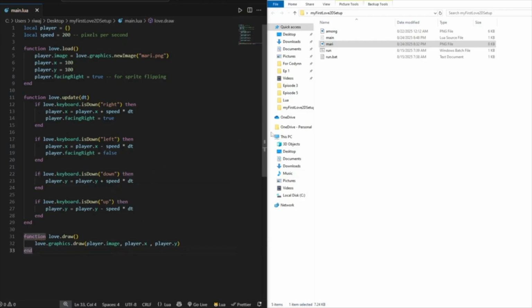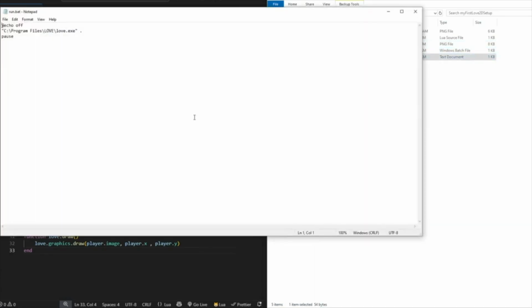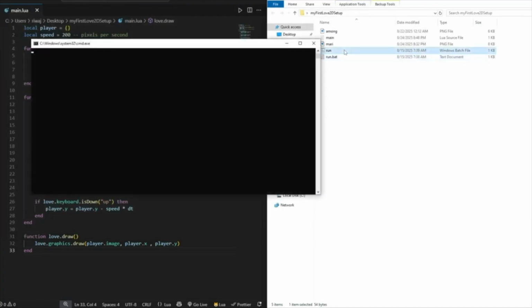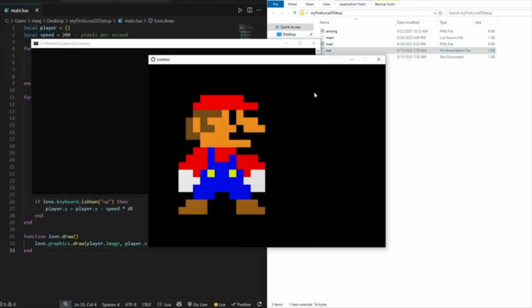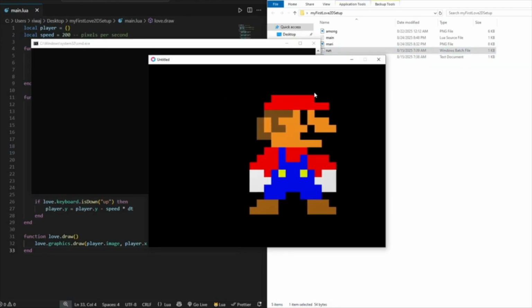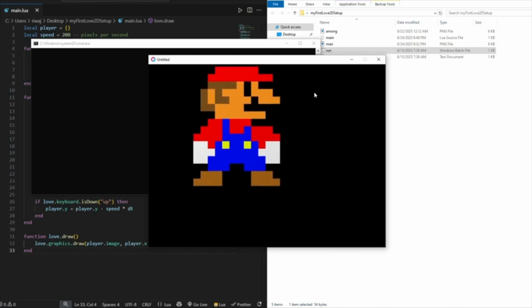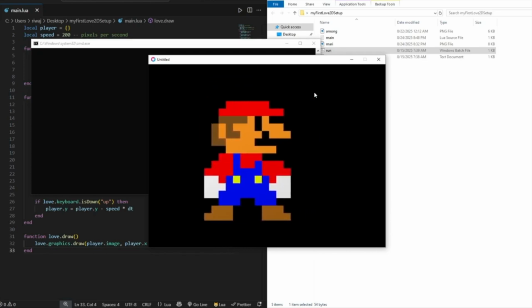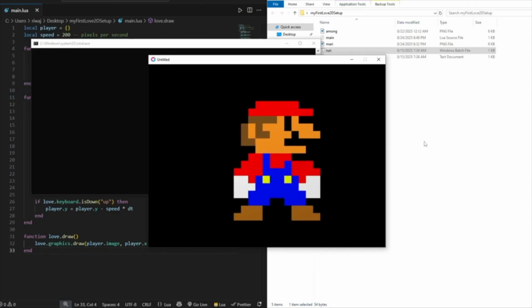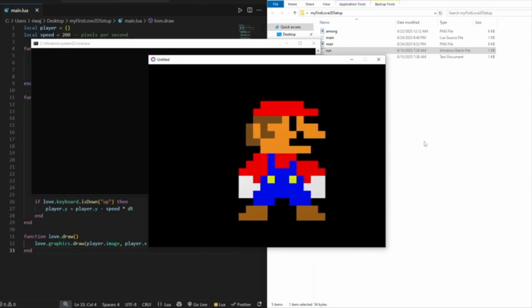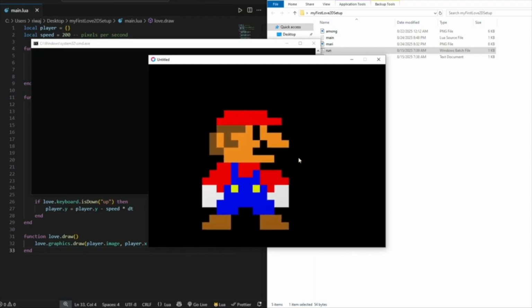I have autosave turned on, and I'll execute it with this batch file. And if you're new to our series, this is the batch file containing the location of our love.exe executable file. And if we run this, it will execute our current game. So this is our sprite, our Mario character that is loaded onto the screen. If I press right, it will move right. If I press left, it will move to the left. If I press up, up, and down, down. Now you might notice that this is not flipping. Mario is not facing left or right when I press left or right, and we'll fix that a bit later. But before that, let me explain how delta time works and why it is so important